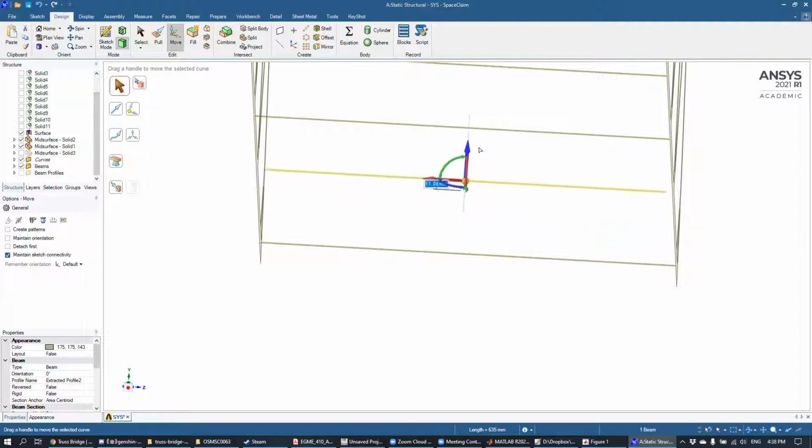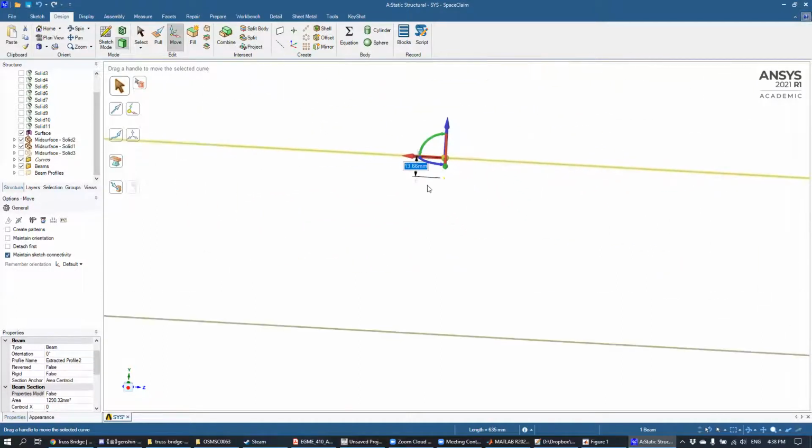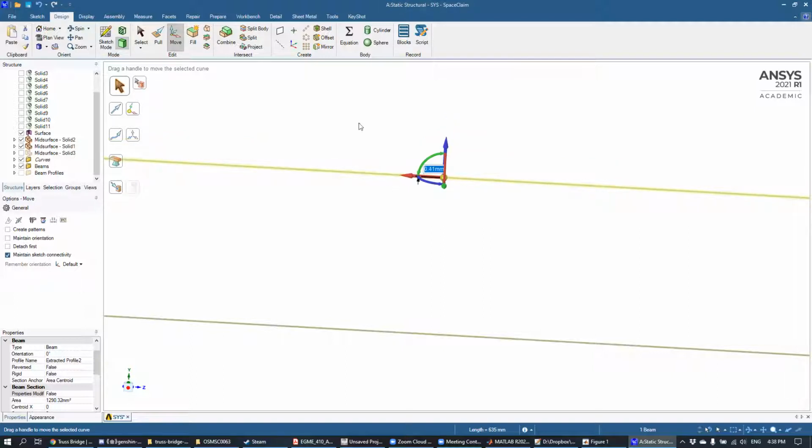Okay. All right. And so it's going to be really hard for you to get the exact number here, okay, unless you have the dexterity of a god, which I do not. And so what I'm going to do is just pull this up by a certain amount just to let Ansys know we want to move in that direction. And you can see here that now we can modify this distance from this text box. Right? And so instead of 13.66 millimeters, which is way too much, I'm going to change this into 0.413 millimeters. Okay. Right. And so once you've done that, then we've successfully moved this beam up by 0.413,